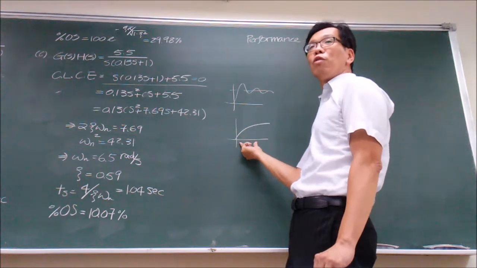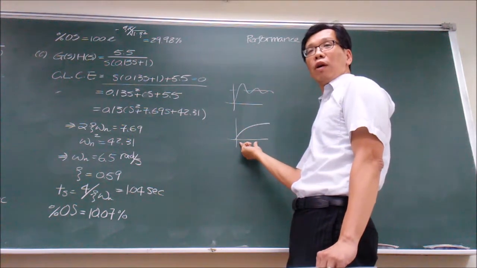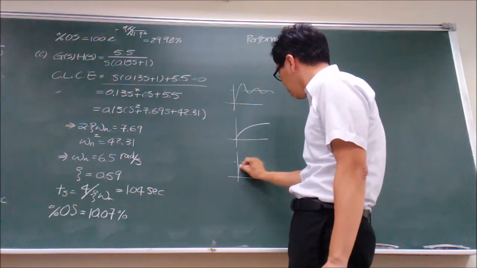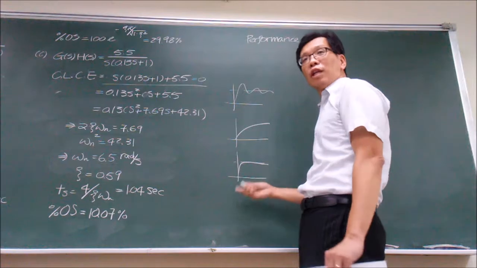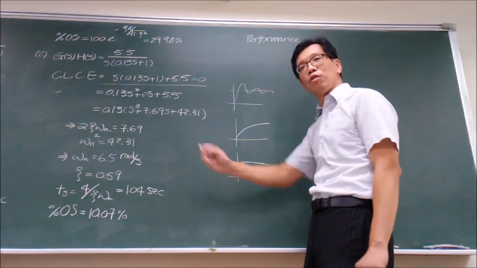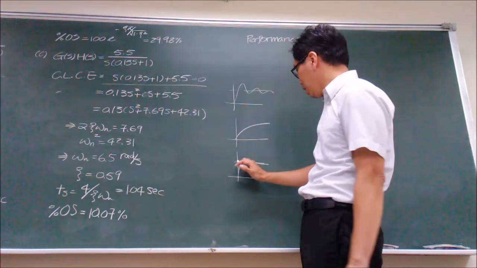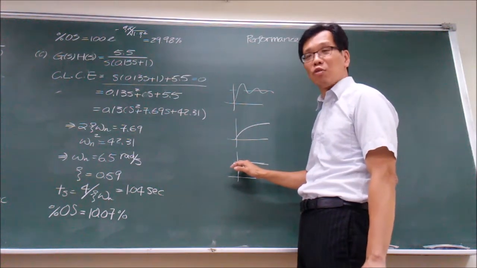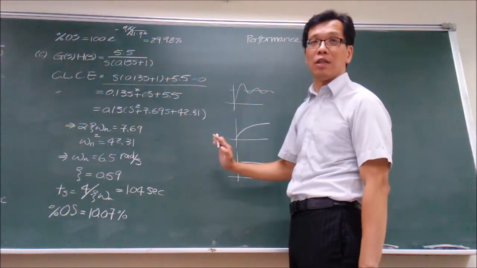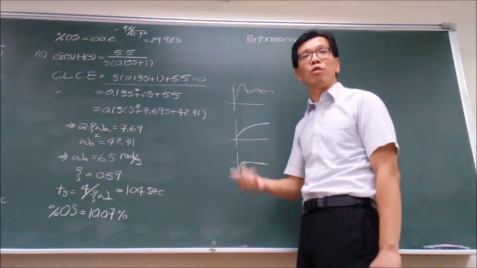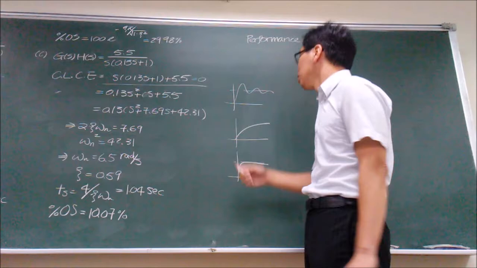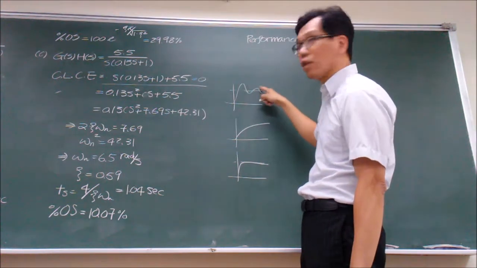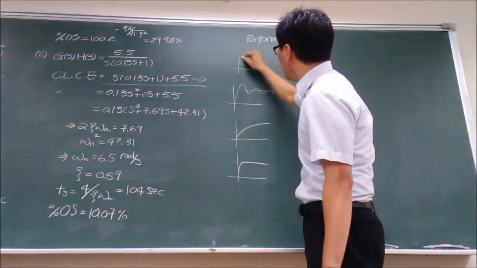So when you try to design the controller, what are you trying to do? You are trying to do something like this. When you turn on the water, you don't expect it to be the temperature you desire. You can only try to bring that as fast as you can, right? So we try to design a controller. Sometimes you have no choice but have something like this. However, if you do have some oscillation over here, you try to keep everything